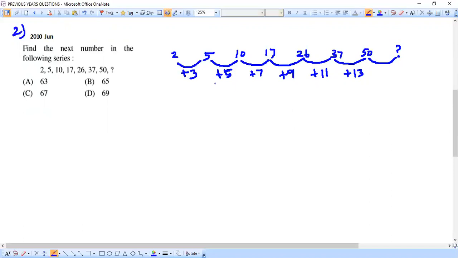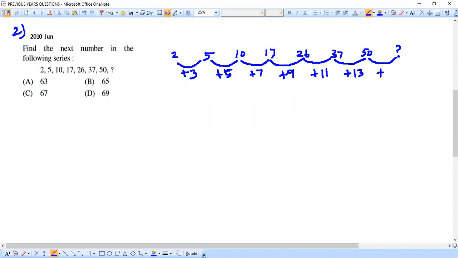So the moment you see the numbers, this should strike your mind. These are all odd numbers. That thing should immediately strike your mind. That is very important. So when it follows, now what number should I add here? That we need to think.